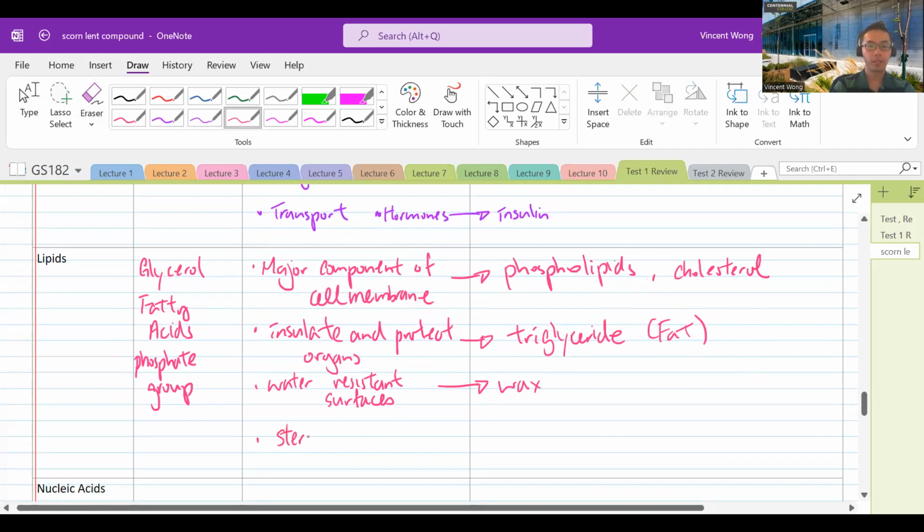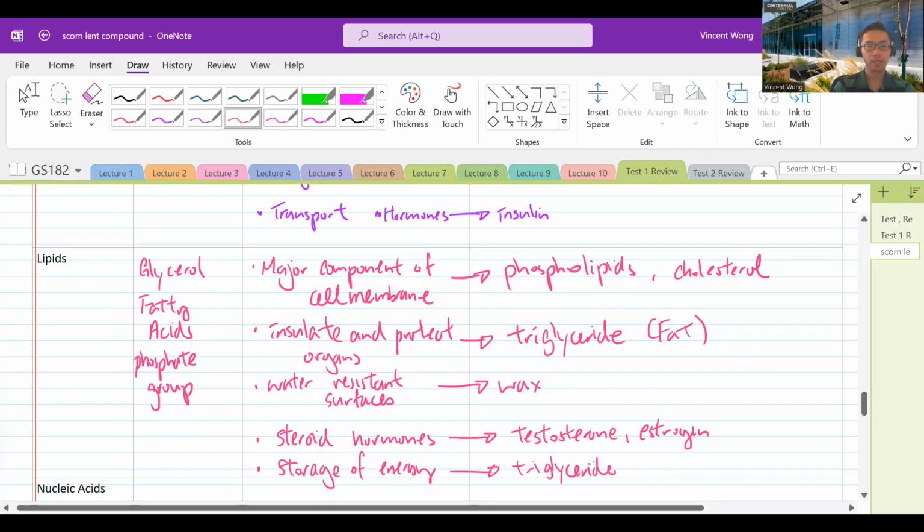And as I mentioned earlier, we could have steroid hormones as well. Okay, so the sex hormones, the testosterone, the estrogen, those are steroid hormones. And of course, we can also have storage of energy. Okay, and that would also be triglyceride. Okay,